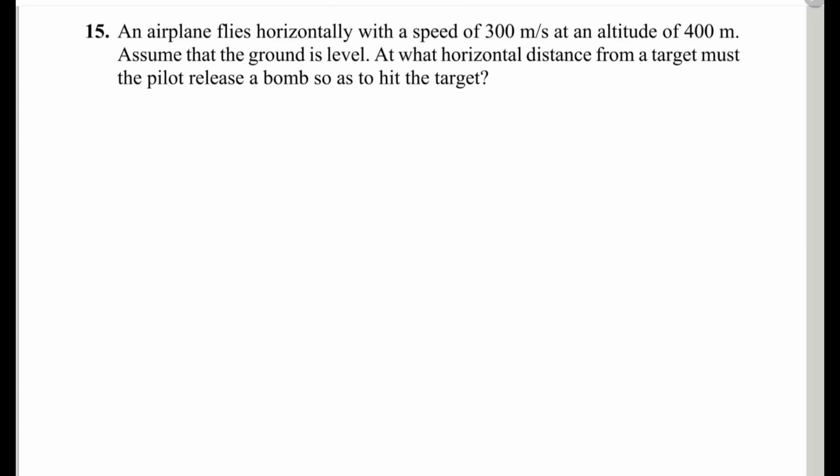So the situation is this, we have a plane right here moving with horizontal velocity 300 meters per second. So the height of this plane is 400 meters, and it will throw a bomb and it will hit the ground. Okay, so x final here is missing. To find the horizontal distance, now we need to find the time first and substitute this time back in this one here. So y final